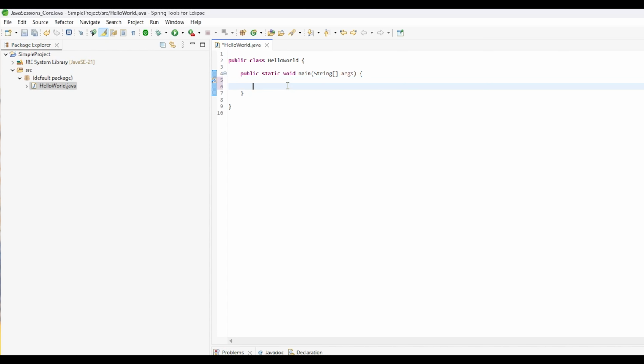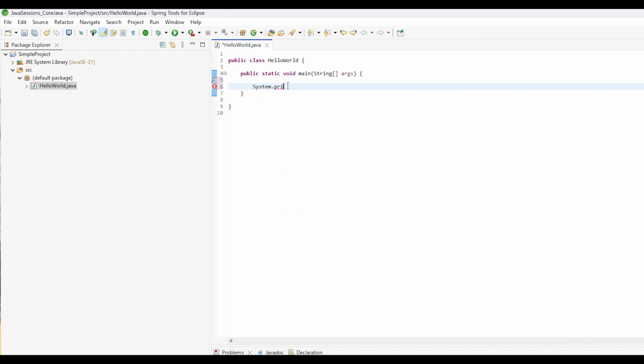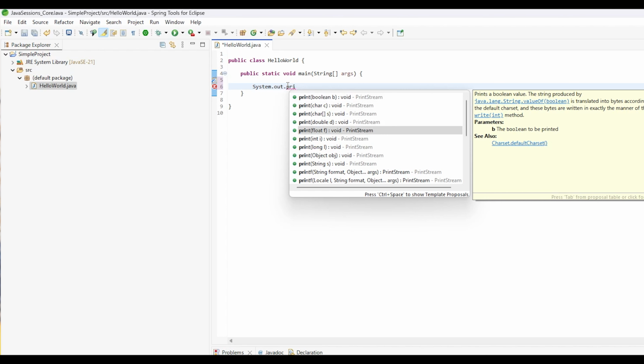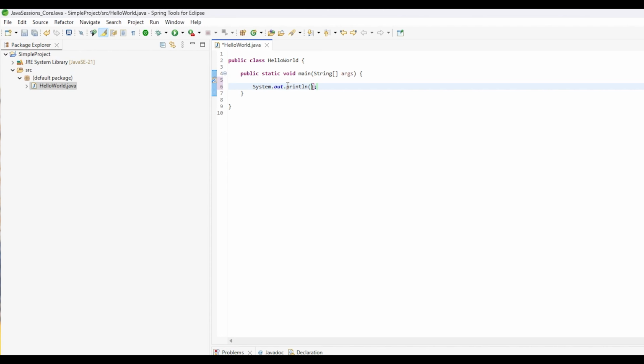An interesting thing, let's see. Once you start writing system, you're going to get all these suggestions. So you don't have to write all the things, like typing it all. You can just go with the suggestions we got. System.out.print. So you have different print methods here. We are going to go with the println method. So println, and now you can write here whatever you want to print, like hello world, and you can